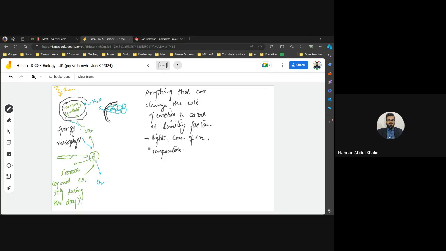We mostly focus on these three things. These three things are the main focus of photosynthesis, and they can very easily stop photosynthesis, any of these factors. Okay, now